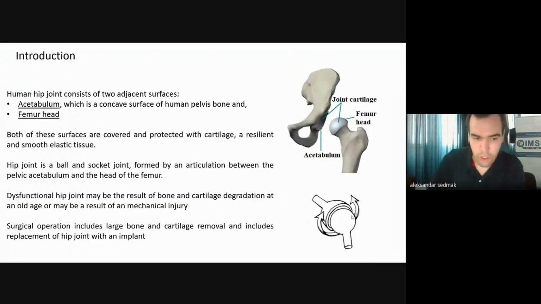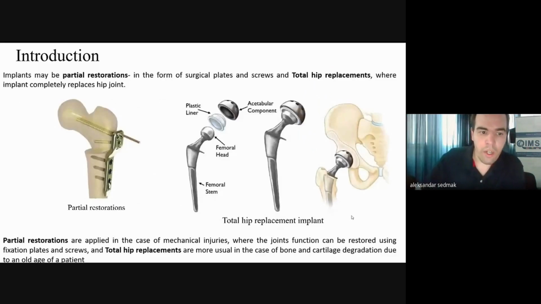In the case of a surgical operation for a hip implant, it will include large bone and cartilage removal, which includes a replacement of a joint. In that replacement, surgeons may make partial restorations, as you see in the picture to the left, where you have only a plate and a few screws to attach both sides of the femur bone where a breakage was present. And then you have a total hip replacement where you